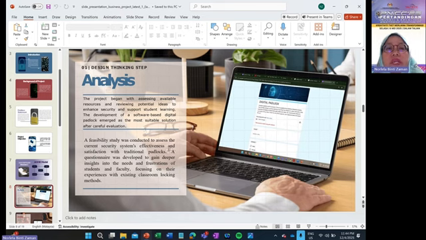So we start with the analysis. The project began with assessing the available resources and reviewing potential ideas to enhance security and support student learning.